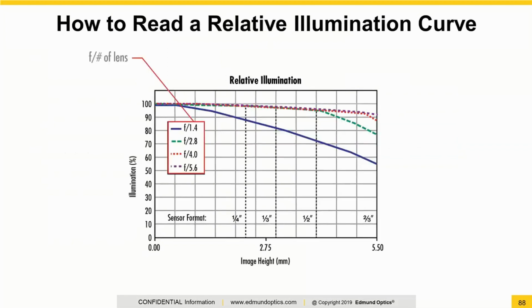We're going to start here with the f-number of the lens that we're using. You'll notice that in this particular case, there are really strong differences between the individual f-numbers. At f1.4, again, we're letting a lot of overall light through our system. There tends to be a large drop-off in relative illumination there. And as you increase the f-numbers, you go up to f2.8 or f4, we see the relative illumination itself